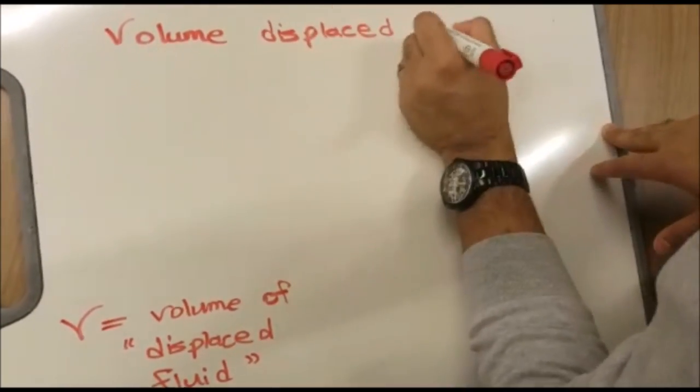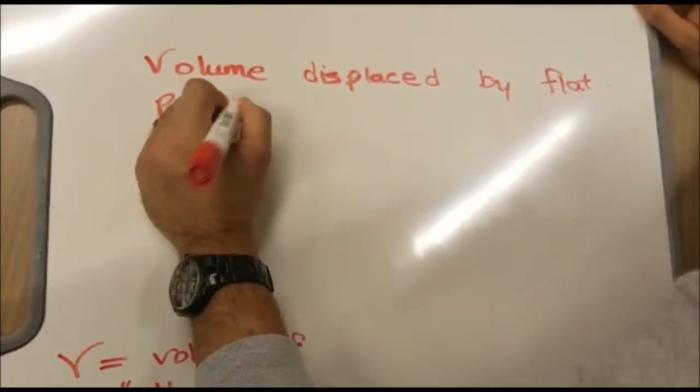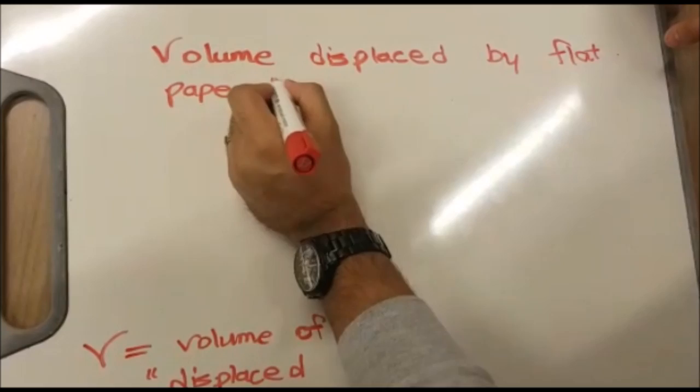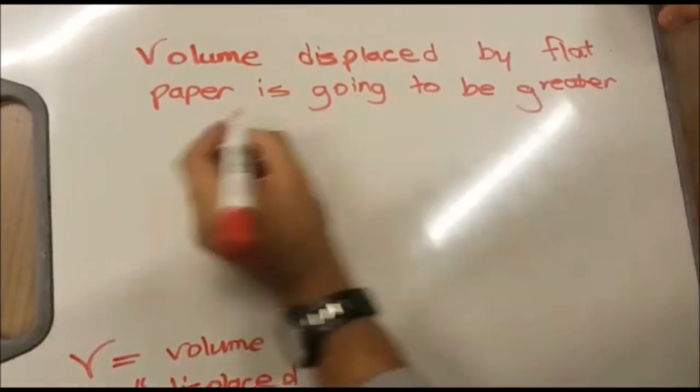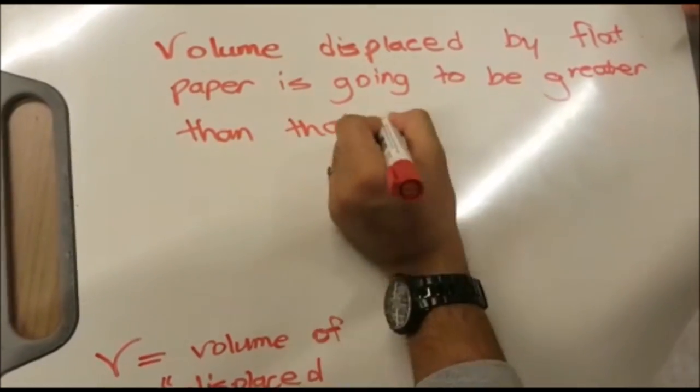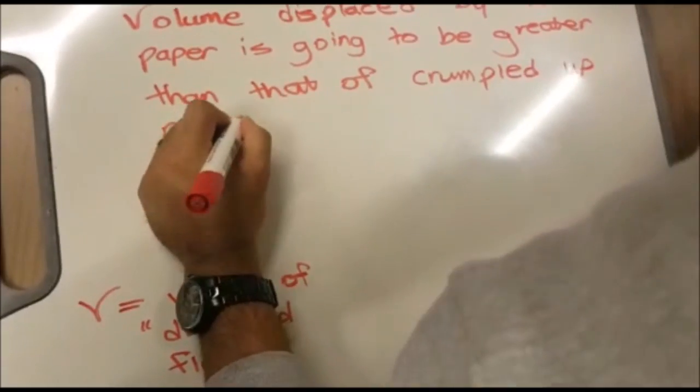Why does one wrapper float while the other one sinks? Well, we know there's two forces, weight going downward and buoyant force going upward. Both weights are identical. However, the buoyant force acting on the crumpled up wrapper is lesser than the buoyant force acting on the normal wrapper because it displaces a smaller volume of water.